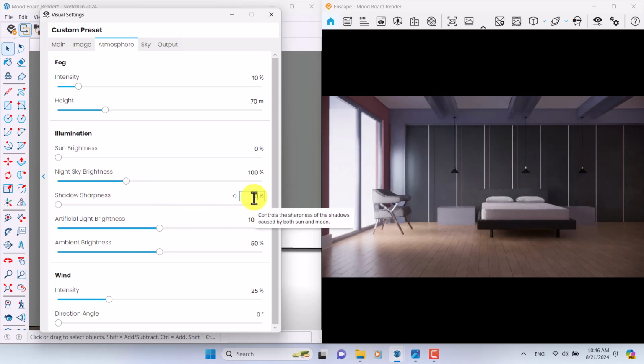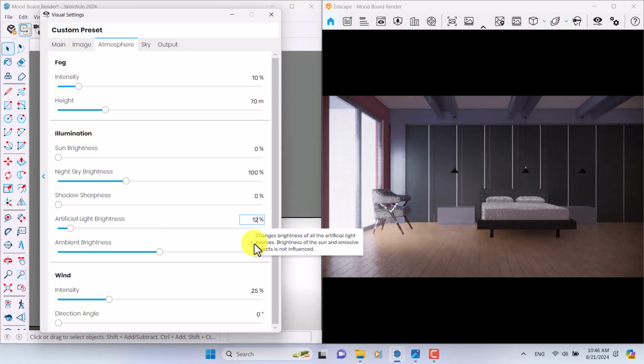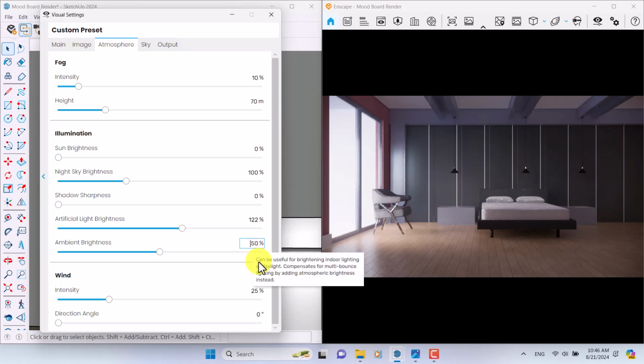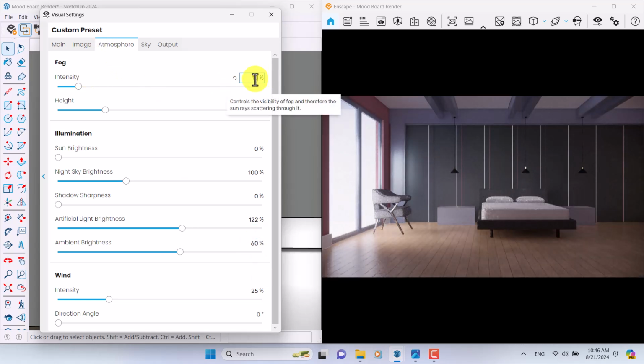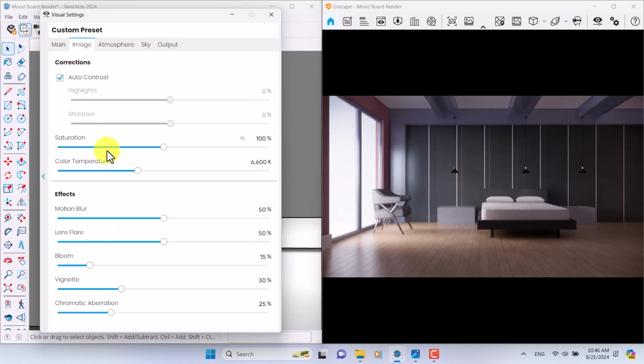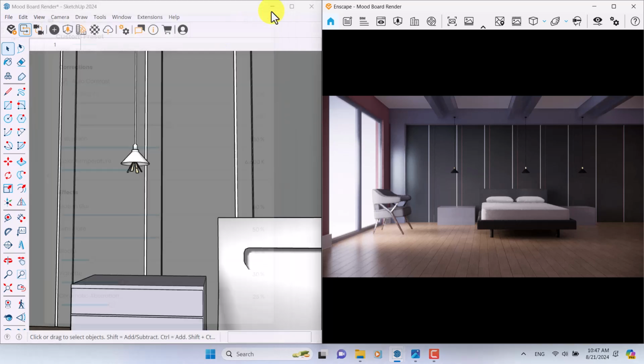Shadow sharpness, totally 0, because in these type of cloudy weathers, we have soft shadows. Artificial light brightness, not really useful right now, but you can increase it totally to the 122. Ambient brightness is about 60. Fog is about maybe 26. In the image bar, turn on the auto contrast. Color temperature can be a little bit more warm, but before I do this work, I want to work